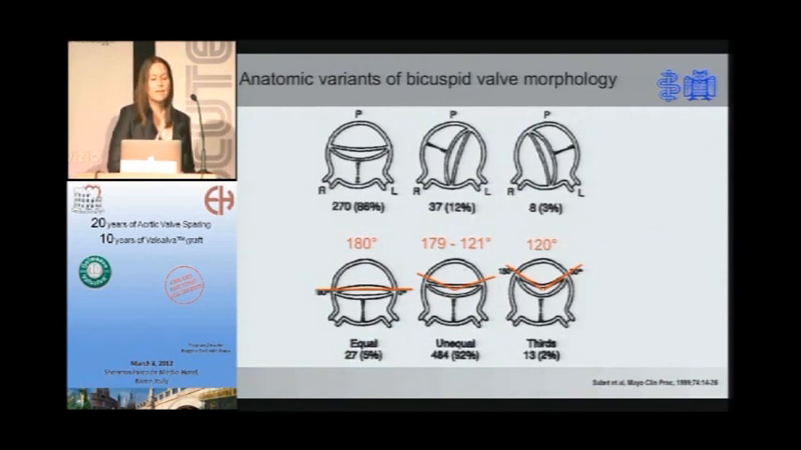Let's come to the anatomic variants of the bicuspid aortic valve. We know that they are not as uniform as generally believed. We have different fusion patterns, where the most frequent is a fusion between the right and the left coronary cusp, with about 90%. We also have a difference in degree of fusion, from minimal to complete fusion. And what is less recognized is the fact that we also have a variability